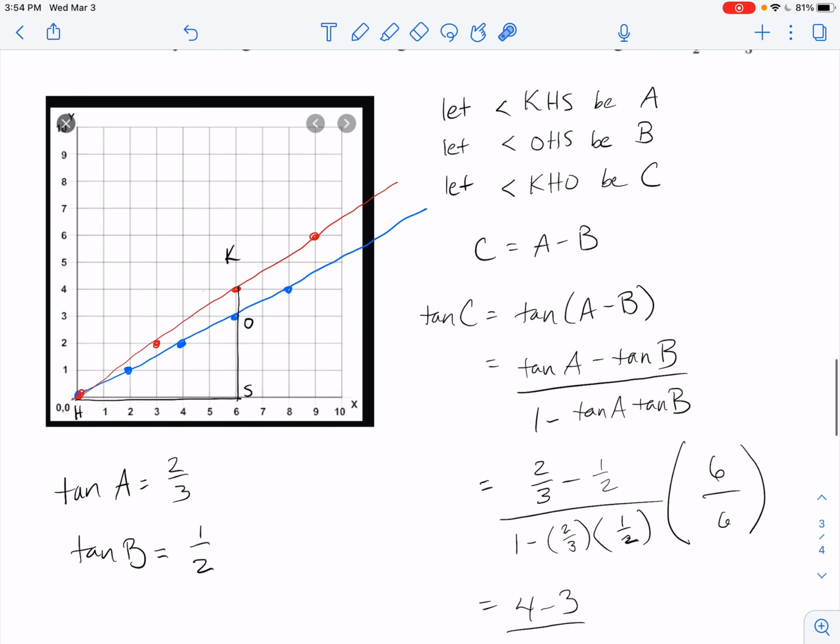Now, I didn't need to, but it did make my life a little easier. So then I labeled the points K-O-S-H because, of course, K-O-S-H. And the goal is to find the tangent of K-H-O. I called that angle C. And then KHS,